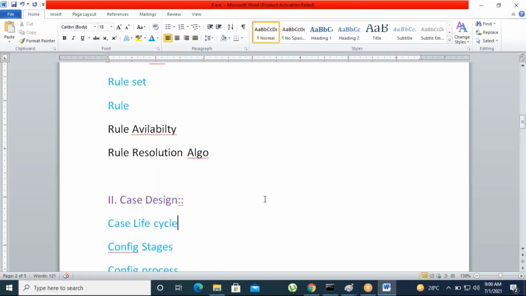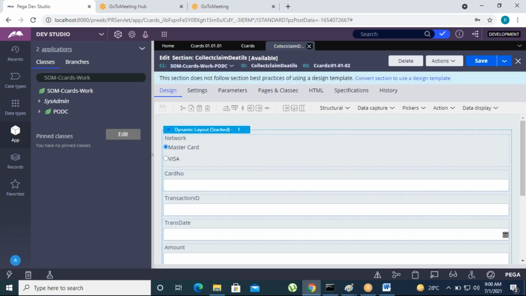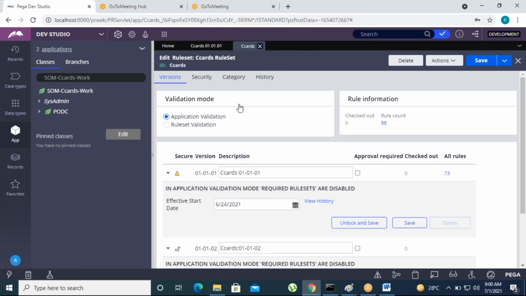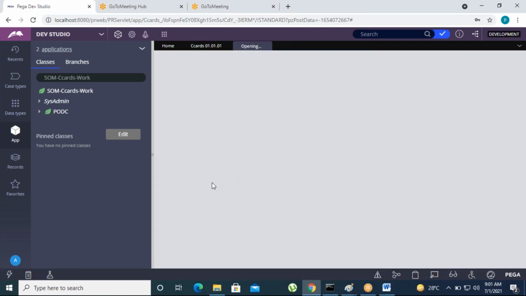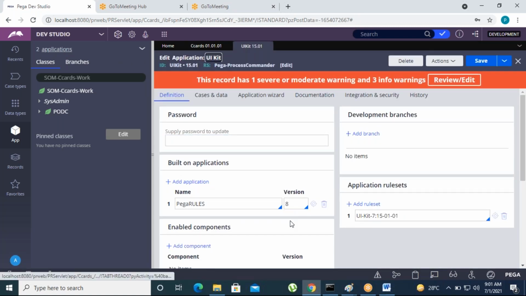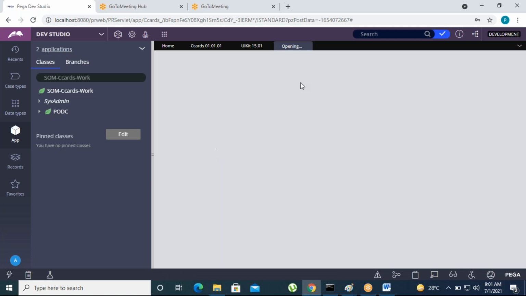Rule availability is nothing but, suppose every rule has some availability. Suppose this is a pega rules application, the base application here, and the rule set is pega UI kit.